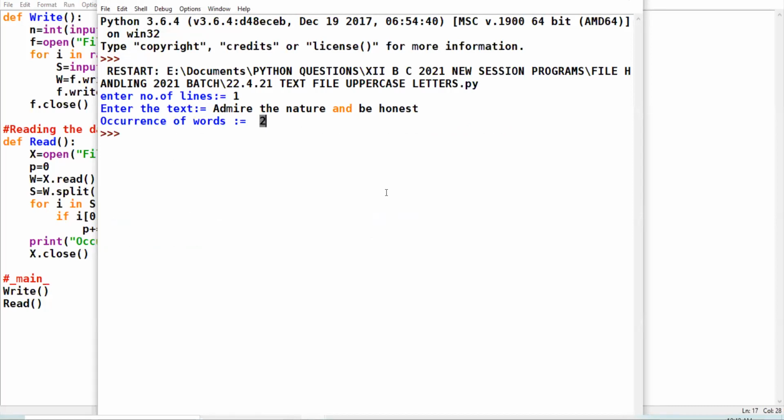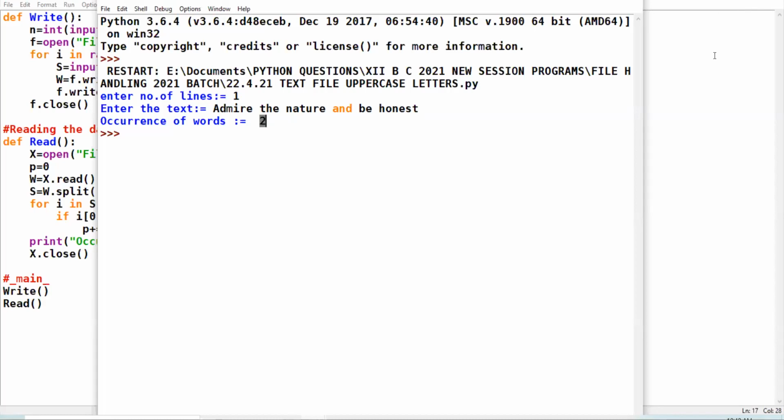Both the words are starting with A. So answer is 2. Am I clear to all? 12th class, am I clear to everyone in the lecture? Any doubt, any queries?